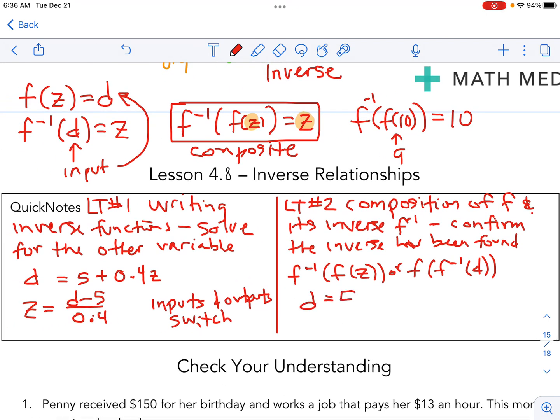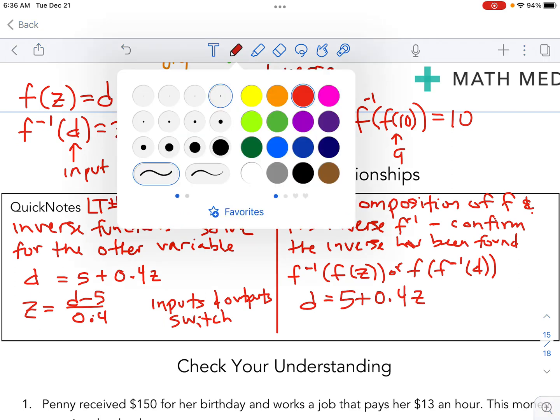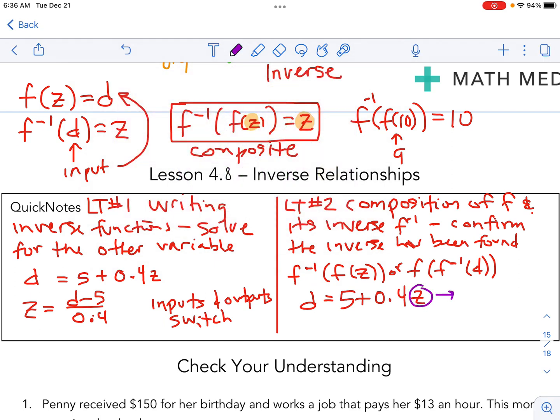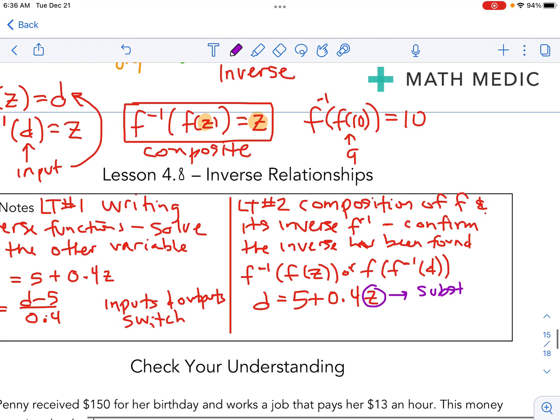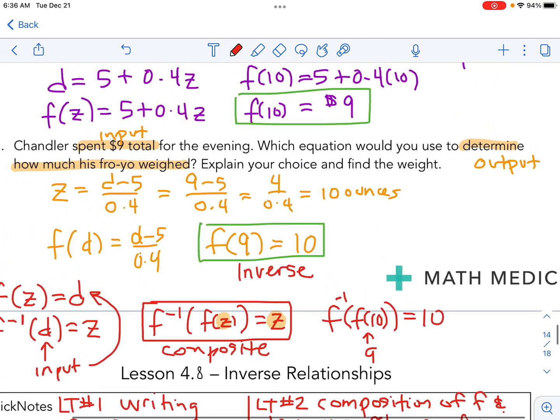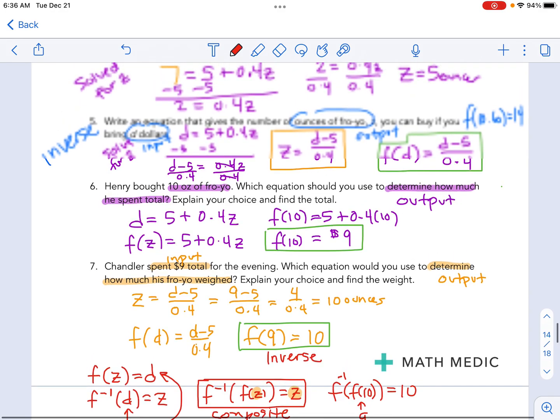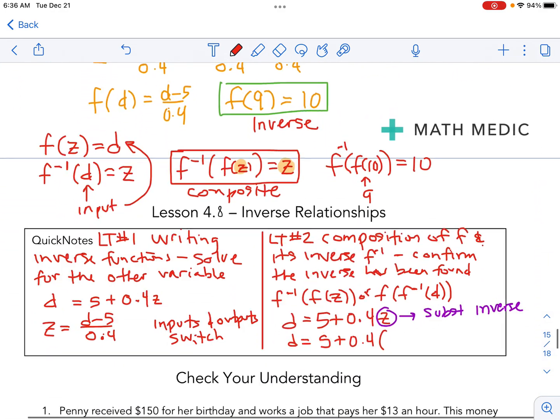Let's start with the function, which is d equals 5 plus 0.4z, and we're going to substitute the inverse right here. So what we're going to get then is d equals 5 plus 0.4 times the quantity,